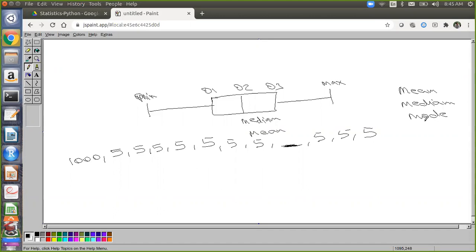Now in this case, if you try to take the mean, because of 1000, the mean value will be way beyond 5. Probably you will get a mean value of 25, 30 or some bigger number. Filling in that bigger number will affect your overall data set representation. If I ask which number represents your data, you will probably say 5 is the representative of my data. So this 1000 is affecting my overall data representation if I'm using the mean.